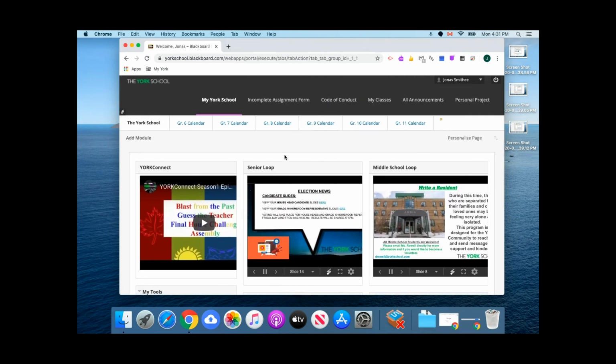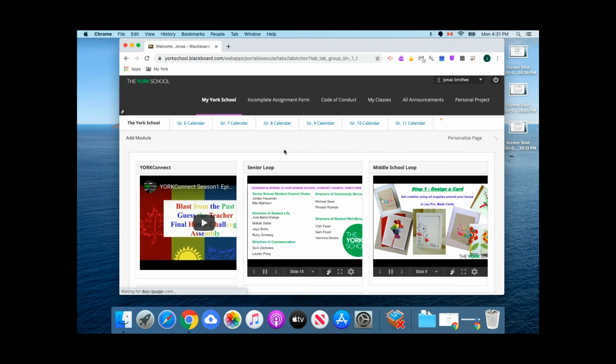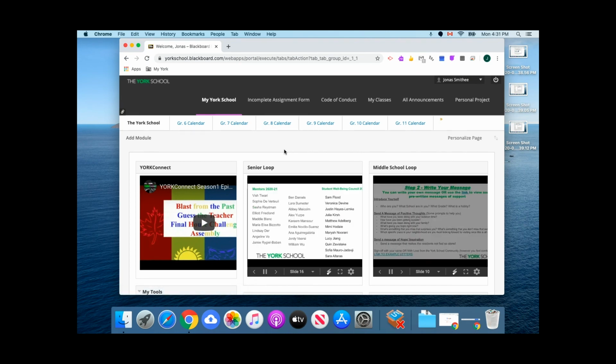You will get further instruction on how to actually use the tools within each class, either from Mr. Medved